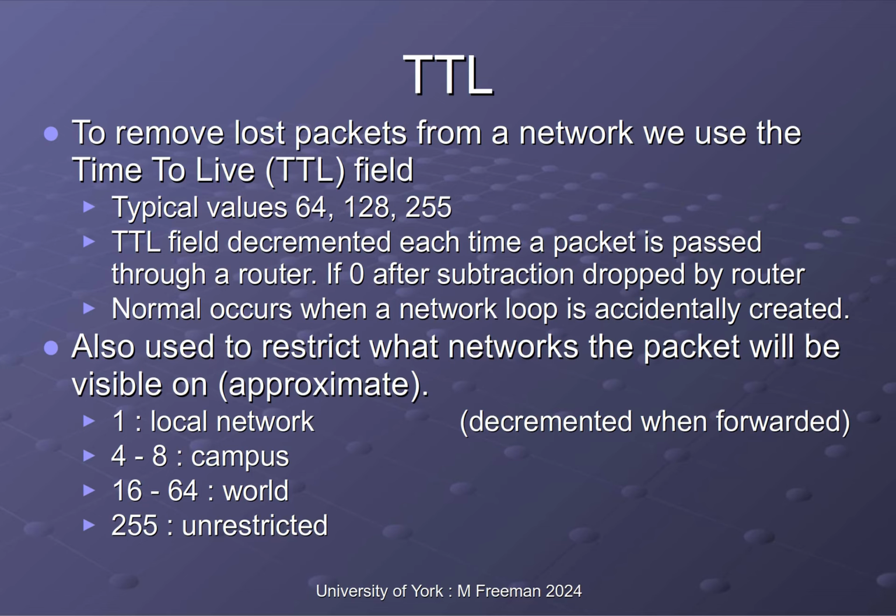Alternatively, if you want your packet to traverse the world, as we saw with the traceroute lab, the traceroute command is typically limited to 30 hops. That gets you most places. Sometimes you need a few more, but definitely less than 64 normally, unless things have gone wrong. And with that number of hops, by that number of jumps between networks, we can pretty much get to most places. So typically you'll see TTL values initialized to the value 64 or 128, or if you just want to make sure it does get to where it's going to, you can set it to the value 255